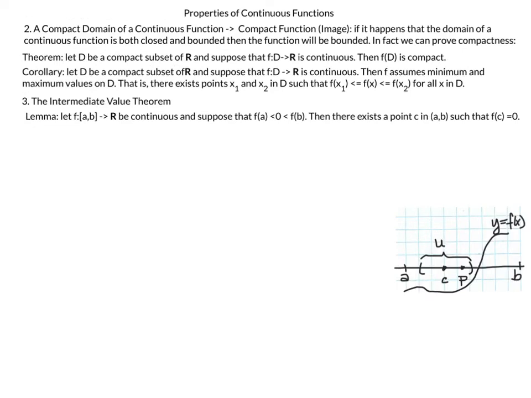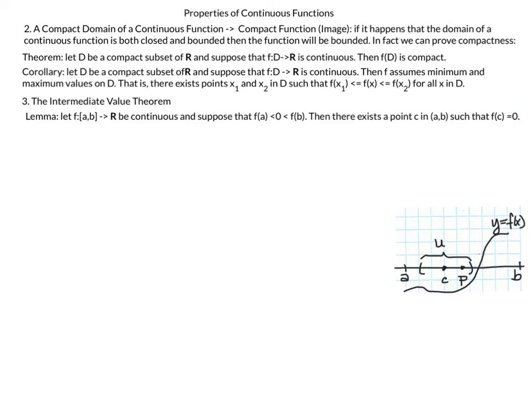Next, we're going to work our way up to the intermediate value theorem, but first we have a lemma. If f is a function from [a, b] to R, and it's continuous, suppose that f of a is less than 0 and f of b is greater than 0. Then there exists a point c in the interval (a, b) such that f of c is